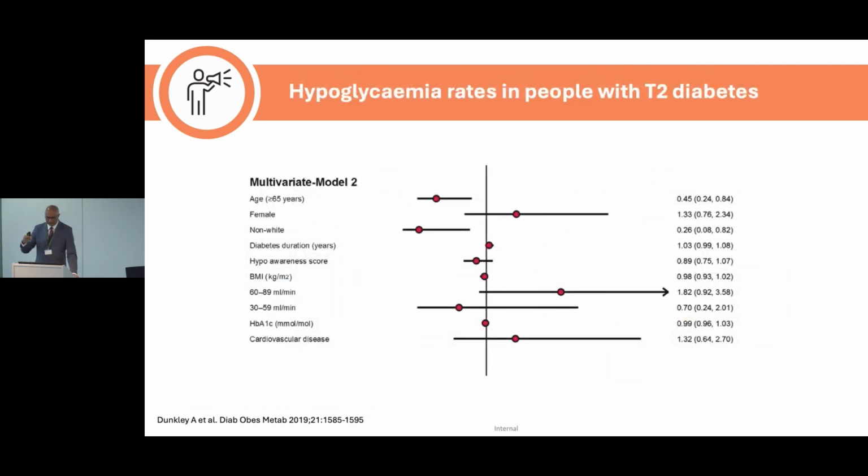Similarly, hypoglycemia. We have data for hypoglycemia, looked at by ethnic groups, that non-white ethnic groups have less hypoglycemia. And Andrew will probably know from Dundee days, I was at Dundee as well, when he was doing diabetes, hypoglycemia is not a good thing to have. But this is data showing that non-whites don't get it as much.